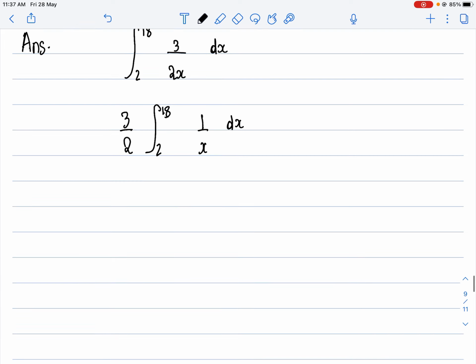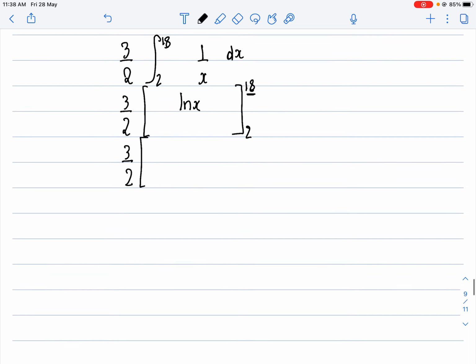Agreed? So now I can write this as 3 over 2. The integration of 1 over x is simple. It's simply ln x, correct? With the limits 2 and 18. So now I can basically write this as 3 over 2. First I'll put the upper limit, which is 18, in the place of x. So I can write this as ln 18 minus, I can put 2 in the place of x to get